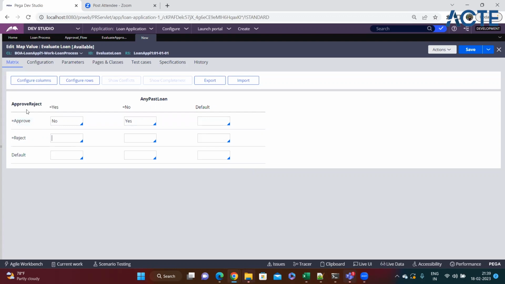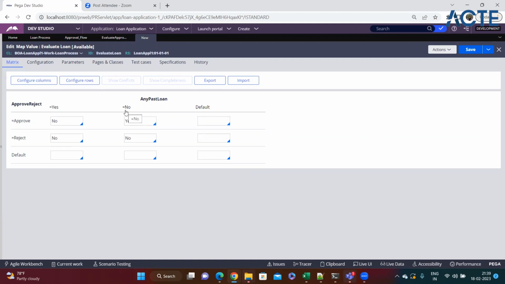Then in a similar way, if the bank representative rejected the application, and then if he has any other loan, yes, of course, they know. And again, if the bank representatives reject, and if he has any other loan, no. So in only one case can we say that he is eligible for a loan: only when the bank representative approves the application, and also that a particular person should not